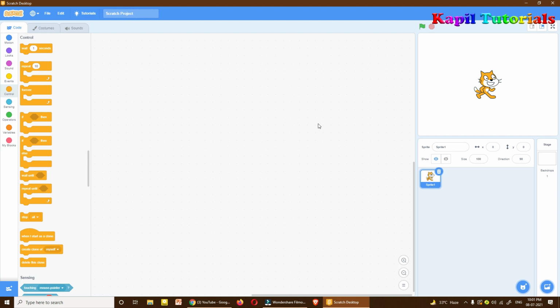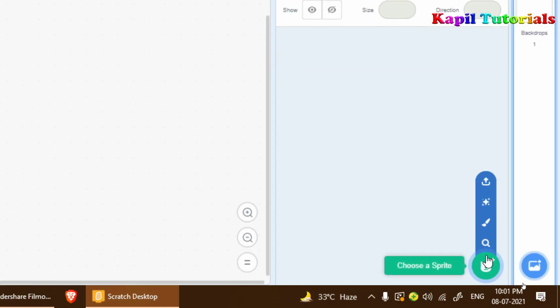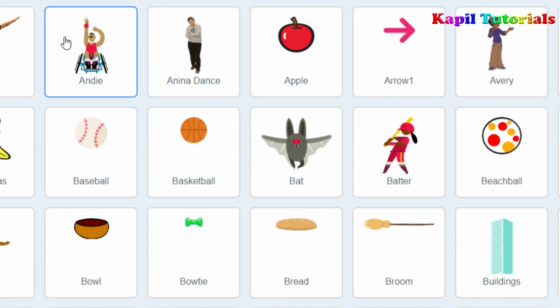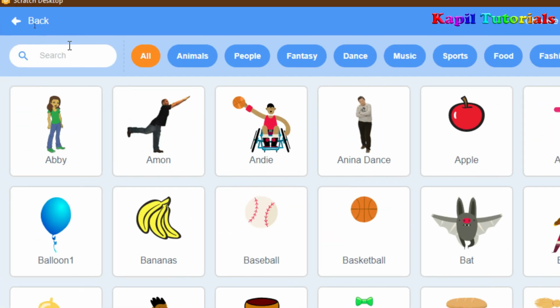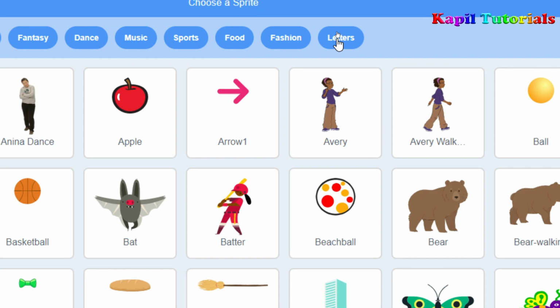Okay, now we are back in our main programming screen. First of all, I have to take new sprites. So I'll just cross it. As you know, I have to click here, choose a sprite, and then I'll click upon this. And here I'll select letters.